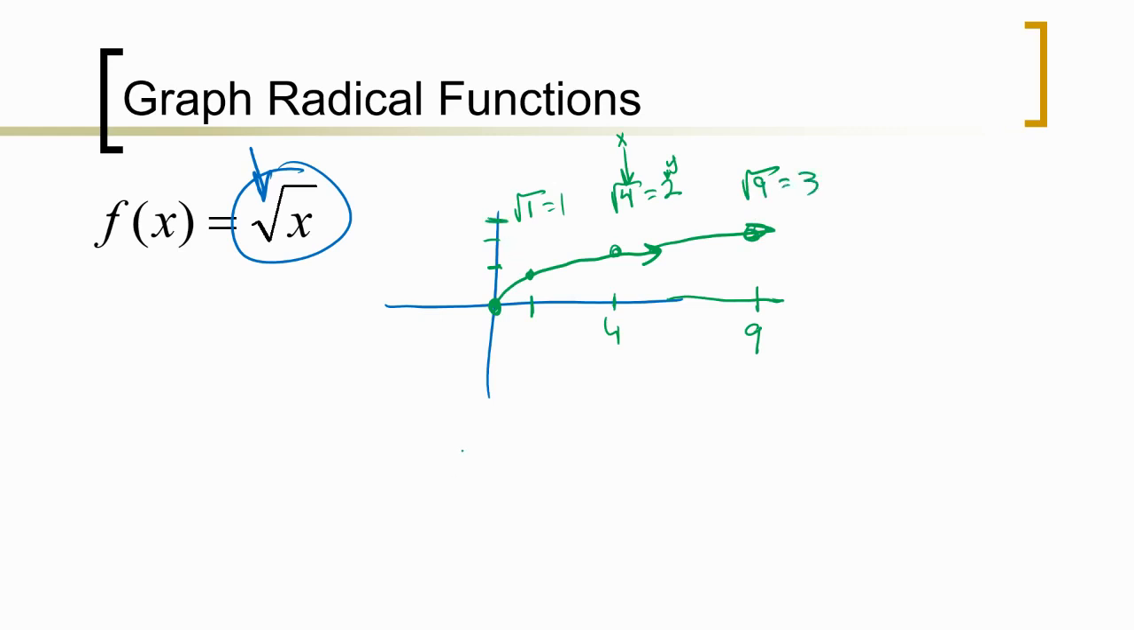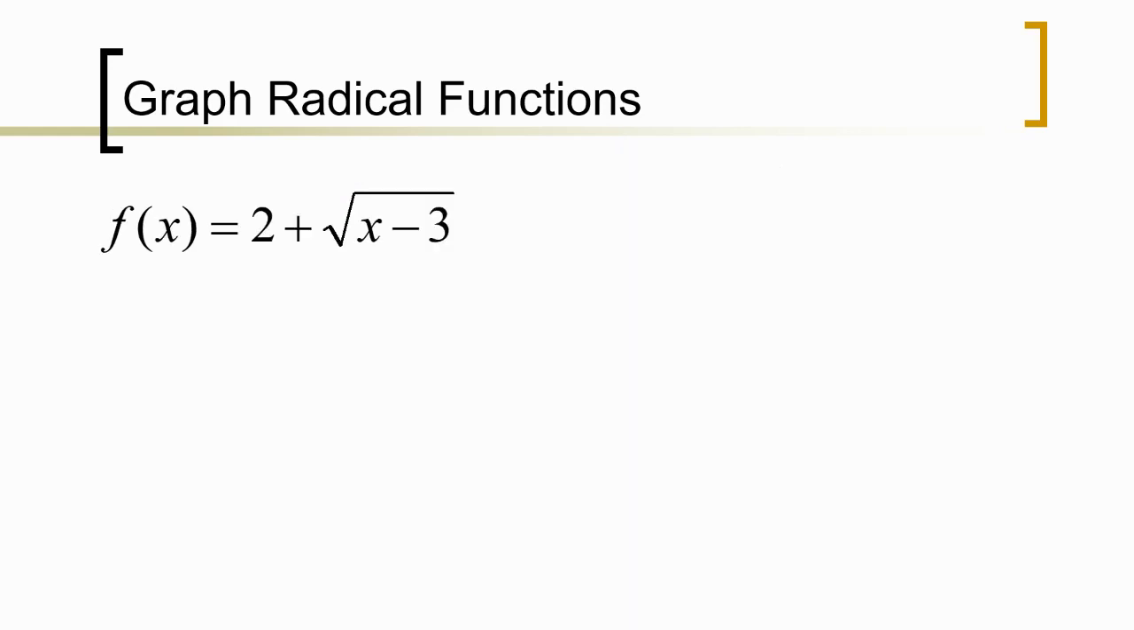You would just do an input-output table, but I've memorized it's just this kind of sideways curve that's going through those square root results of 1, 2, 3. Now, what we're going to do is move that function using our function transformations. We learned that anything on the inside of our function that's working with the x causes a shift to the left or right